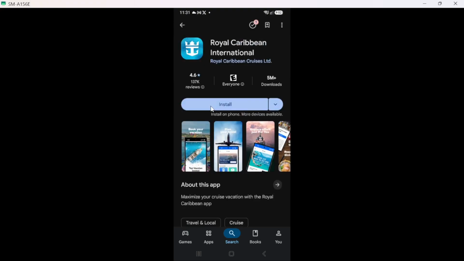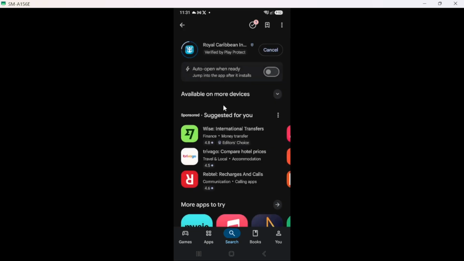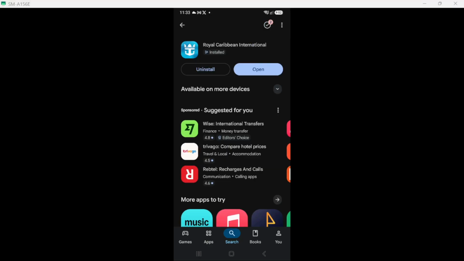After selecting the official app, the next step is to install it. On Android devices, you will see a button that says Install. If you are using an iPhone, it will show Get. Tap on this button to start the download. You will see a progress indicator showing that the app is being downloaded and installed on your device. This process may take a few moments depending on your internet speed. Be patient, as this step is essential for getting the app ready for use. Once the installation is complete, you will be notified that the app is ready to open.